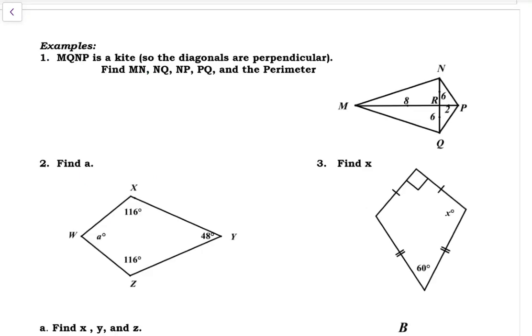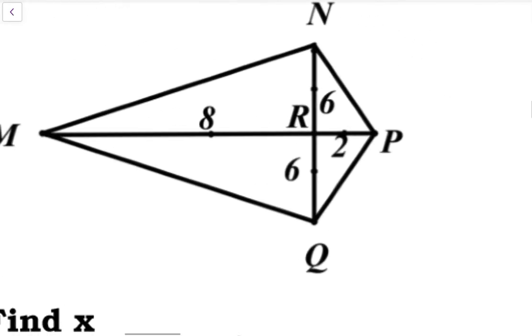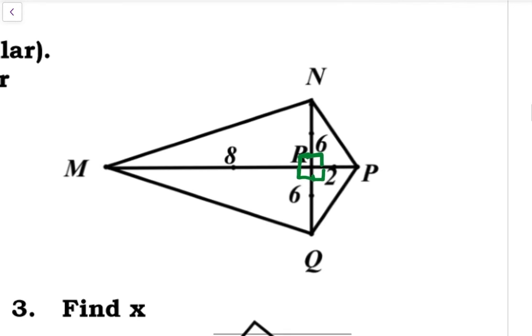Okay, let's do this next example. So this shape is a kite, so that means that the diagonals are perpendicular. So we need to find these missing sides of our kite and then the perimeter. So if we know that this is a kite, then we know that the diagonals are perpendicular to each other, so they make right angles, which means it makes a bunch of tiny little right triangles that we can use